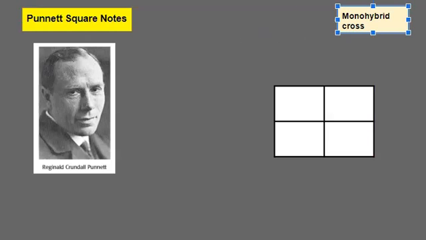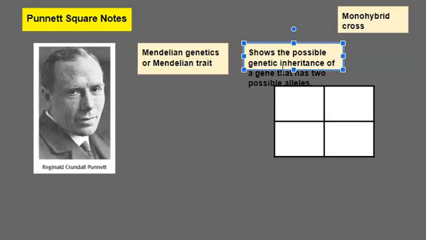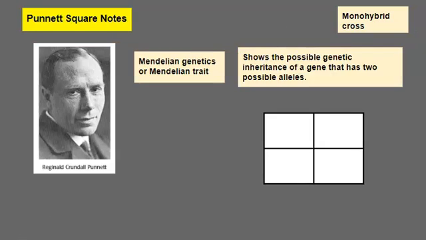So a monohybrid cross is where we're looking at one gene with two possible alleles. And we refer to that situation as Mendelian genetics or Mendelian trait. So this shows the possible inheritance of a gene that has two possible alleles. And so I'm going to show you in a minute how we set it up using this square that's on